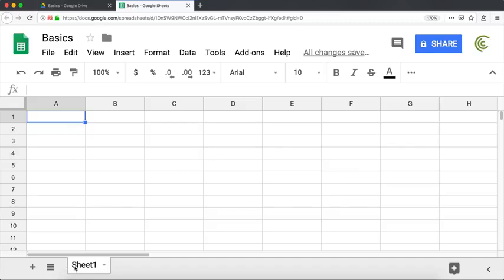Below in this area, we have what we call sheets, tabs, or worksheets. You'll hear different names. It's all the same thing. So this is the first tab and this is the name of the tab. It's called Sheet 1. If you would like to change that, you will just double click, give it a new name,